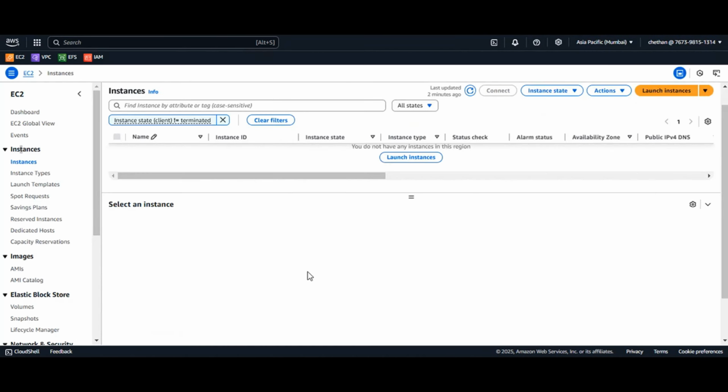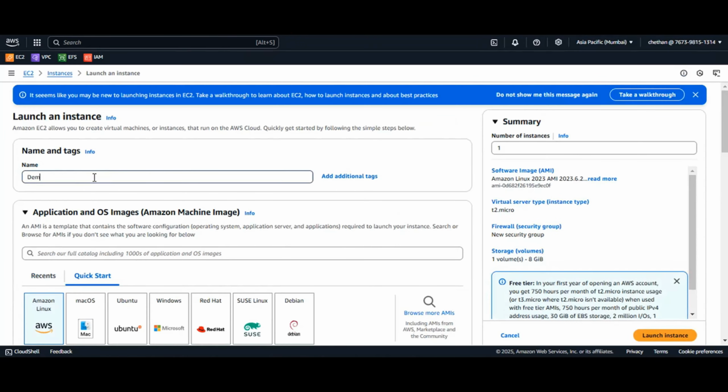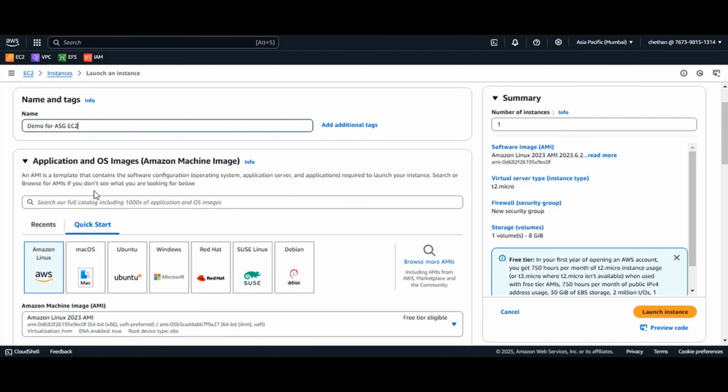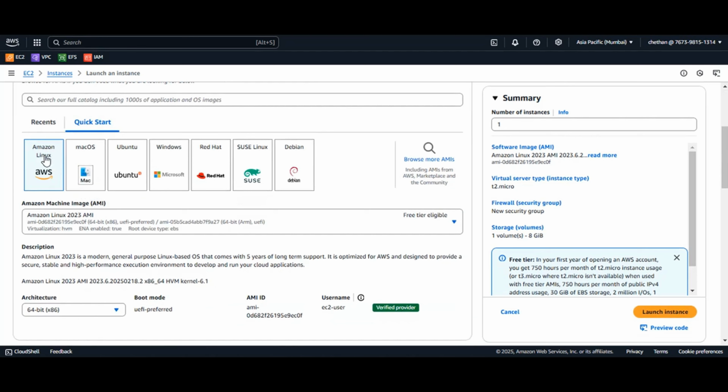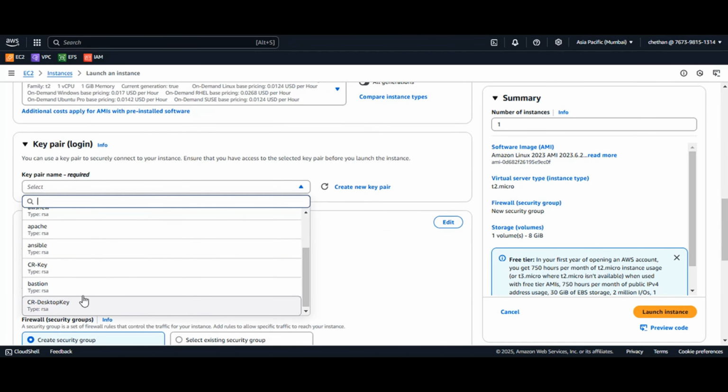Go to the EC2 console. Now here I'll launch an instance. I'll name it demo for auto scaling group EC2. You can give whatever name you want. Next I am taking the OS flavor as Amazon Linux, and the instance type as T2 micro. For the key I'll select CR desktop,